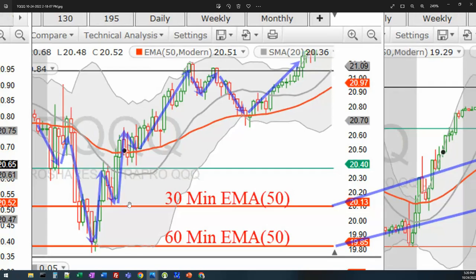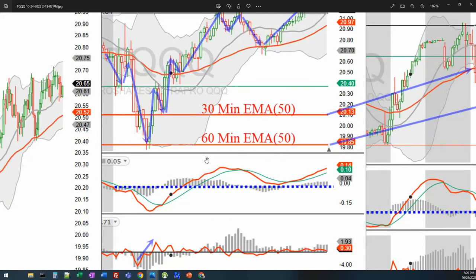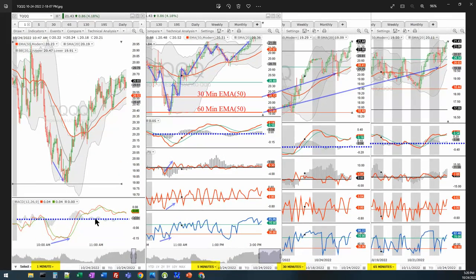Now, earlier I talked about the MACD. Here it is. Let me zoom out. All of these blue dotted lines I drew in there, see that? For the 1 minute, 5 minute, 30 minute, 65 minute. Okay, the MACD. I have a different take on this compared to a lot of stock channels that I see. People talk about, oh, if the red MACD crosses over the green signal line, that's bullish or bearish, or if the histogram, which in this case I colored gray because I don't need to see the green and red histogram colors,